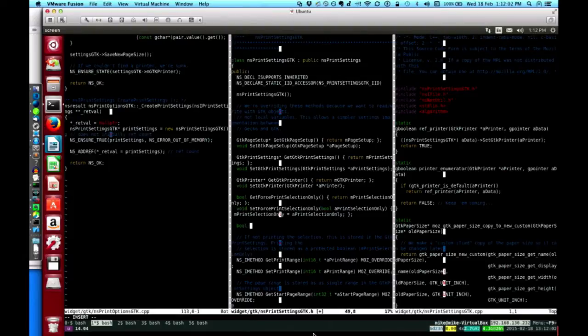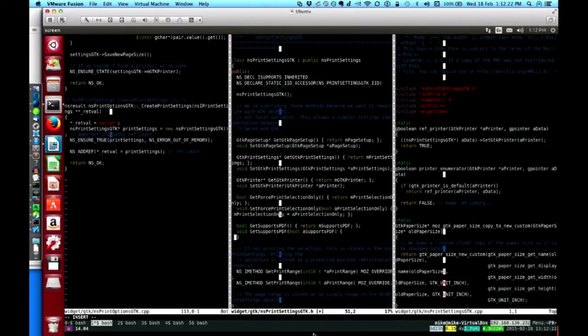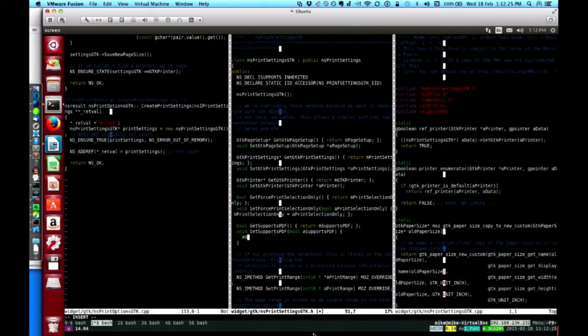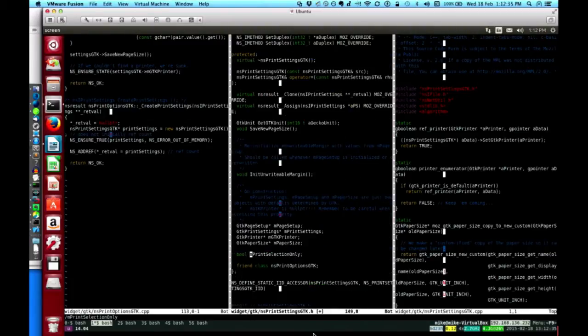So we'll call it GetSupportsPDF, and we'll have it return mSupportsPDF, which is something we will define in a second, and then SetSupportsPDF(bool aSupportsPDF), and we'll say mSupportsPDF = aSupportsPDF. Perfect. And then down here we will have another bool mSupportsPDF.